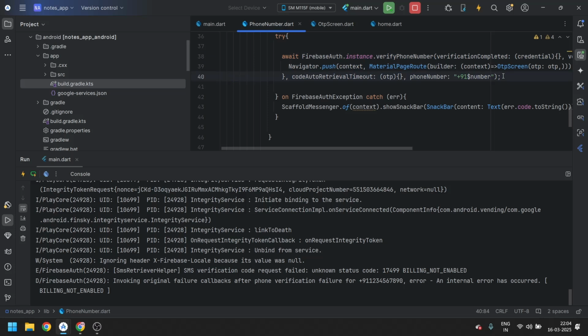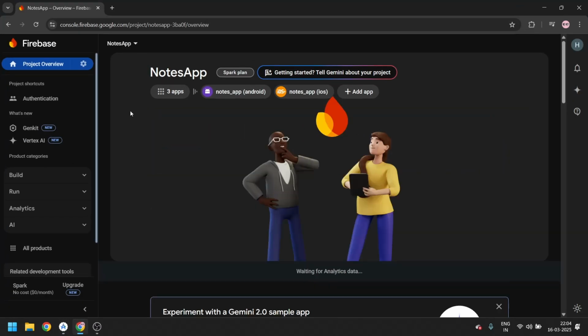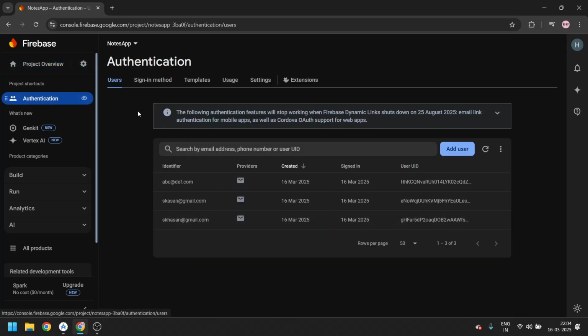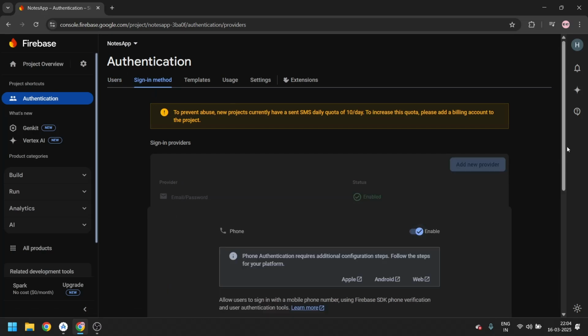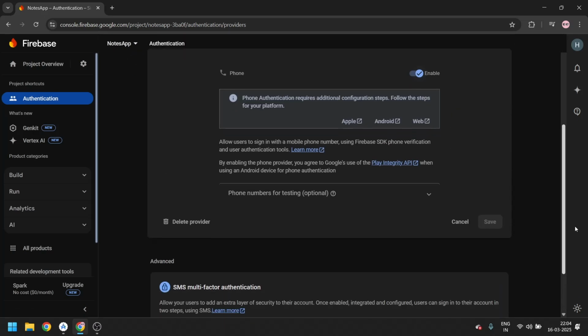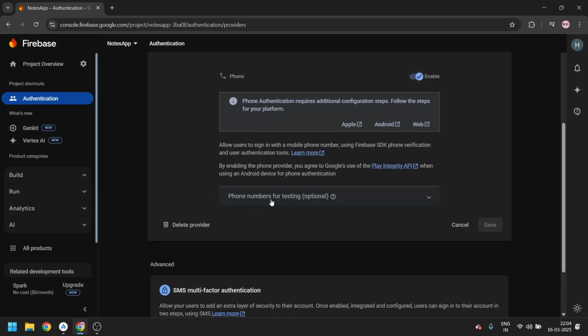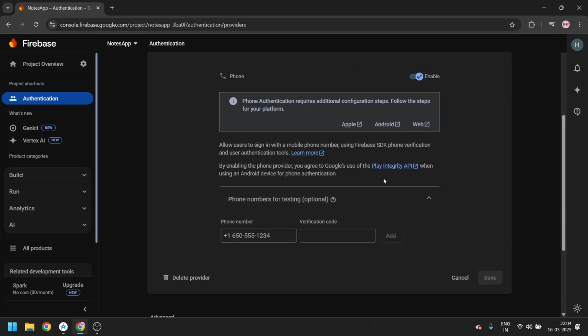So there is a way to check this. Go to Firebase, open Authentication, go to the sign-in methods and go to phone numbers. Over here, scroll a bit. You can see there is an option called phone numbers for testing. So you can add a phone number for testing purposes.